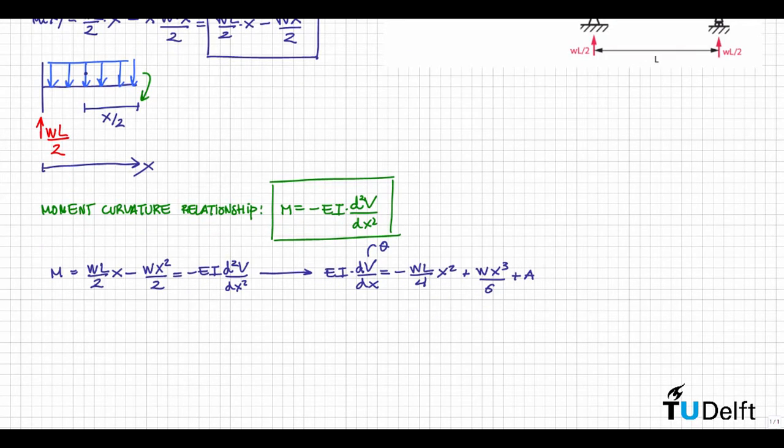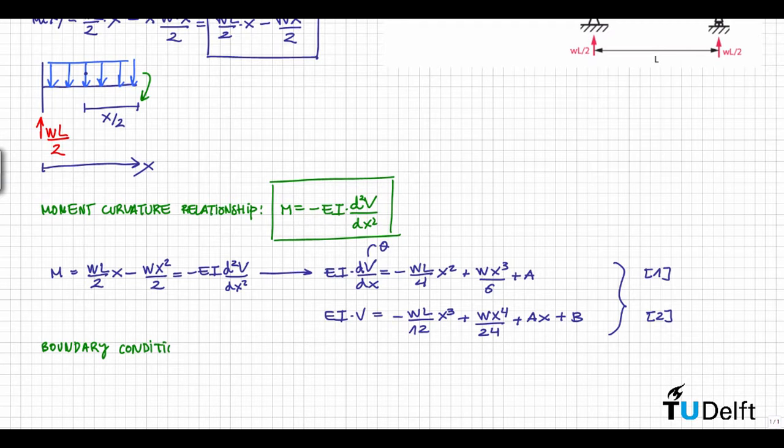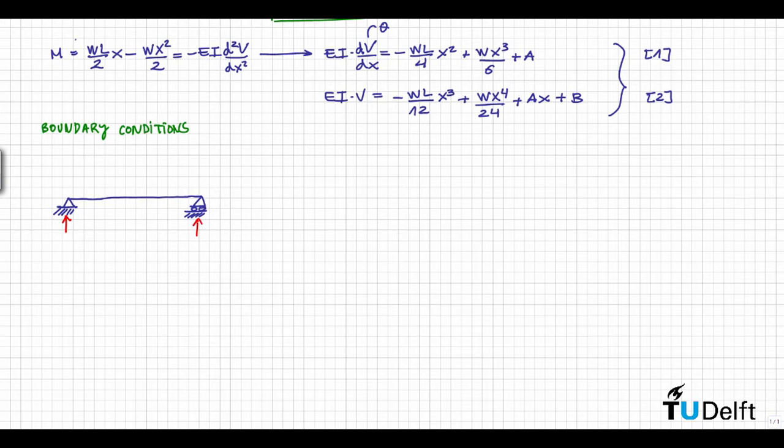We can integrate once more. Then we have one equation for the slope and one equation for the deflection, and now we need to determine what are the constants of integration. So we can use boundary conditions. We have that the deformed shape of this beam is something like this. So it is symmetric. Then from this symmetry we have that at this point, at the midspan of the beam, we have that the slope